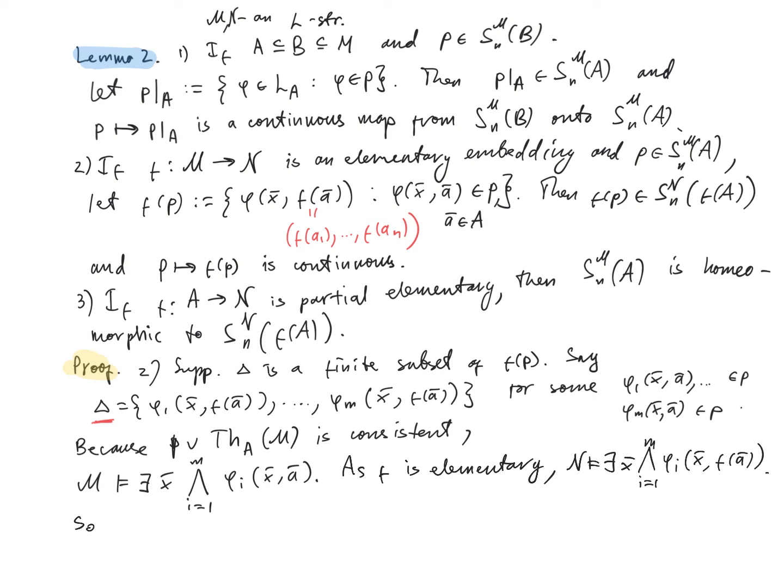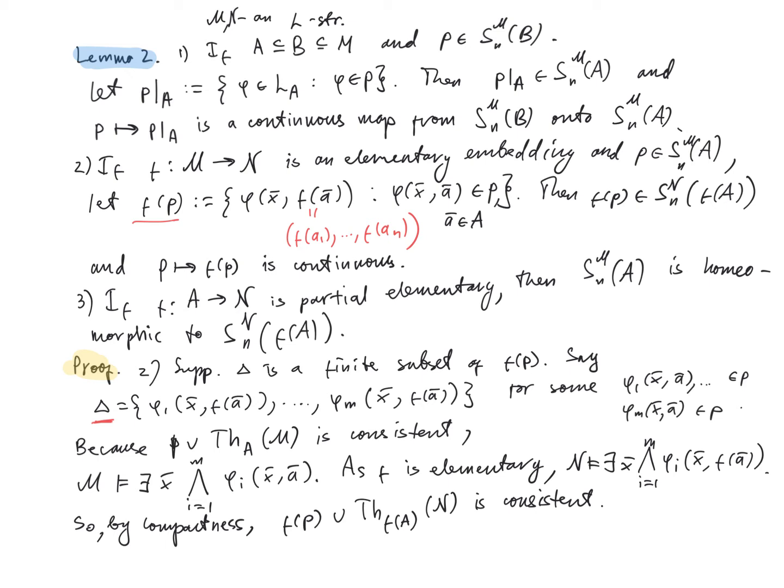So by compactness, we conclude that the set of formulas f of p, together with the f of capital A theory of N, is consistent. So this shows that f of p is a type, and we also see that it is a complete type